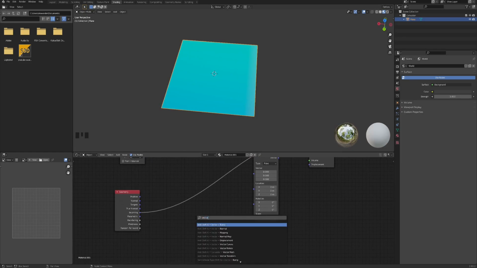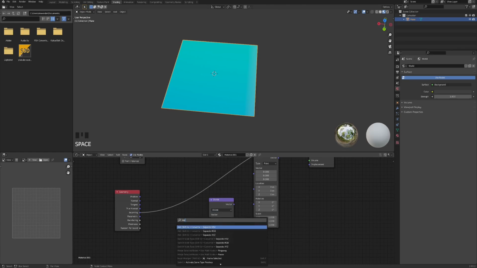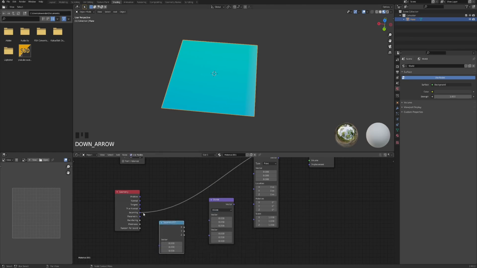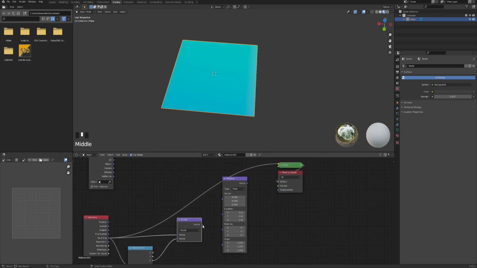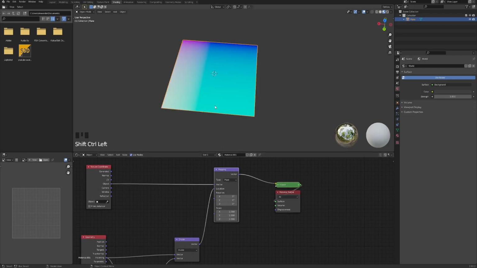Let's start with vector math. Let's change it from add to divide. And also let's add a separate XYZ and connect incoming to that. And now using the vector math node, let's divide the incoming by the Z value and connect that to the mapping location. And for the vector, let's use the texture coordinates object. Now, if you preview the mapping,